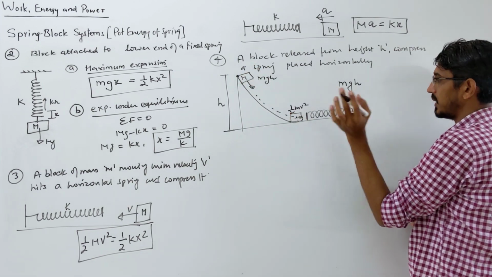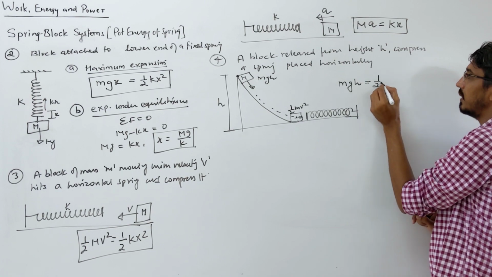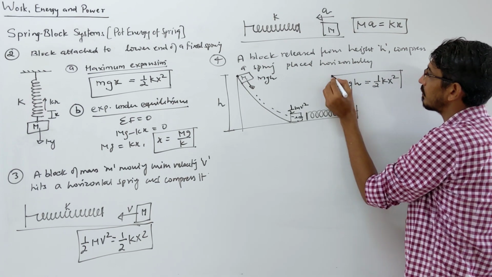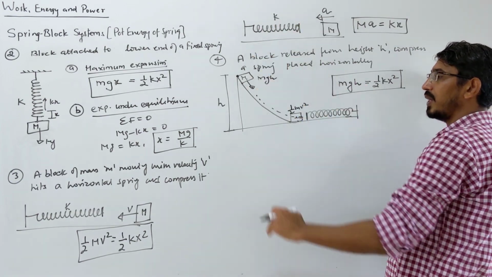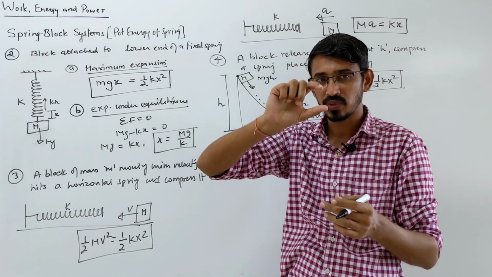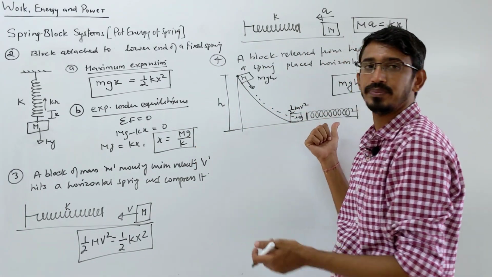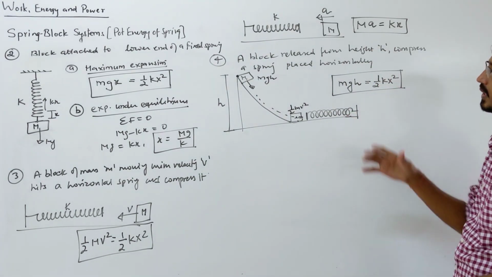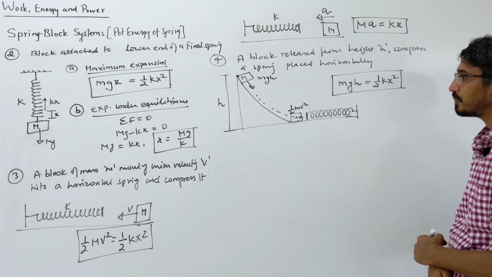So mgh is equal to the energy stored in the compression of the spring, which is half kx square. Here x will not come in the formula because we are talking about a vertical height and the spring is horizontal. In the first case we spoke about, h was vertical and x was also vertical, so total potential became mg(h plus x), but not here. You can understand, right? So I gave now a lot of examples where they ask compression of a spring.